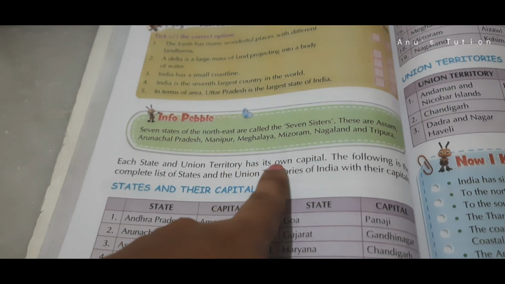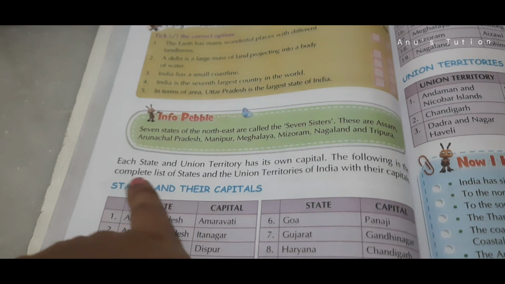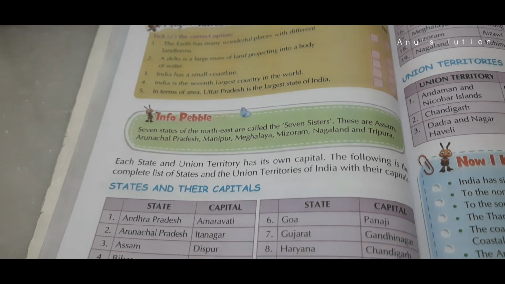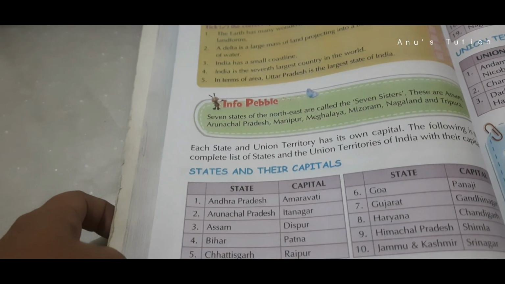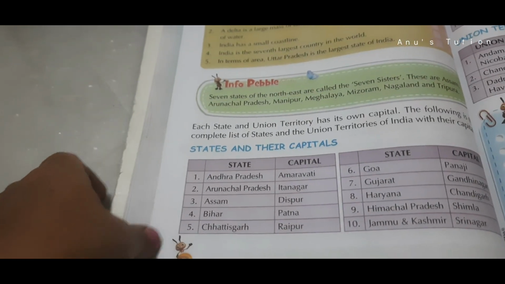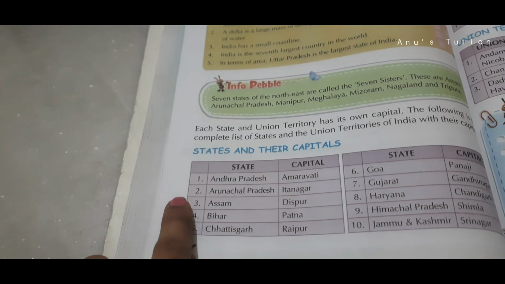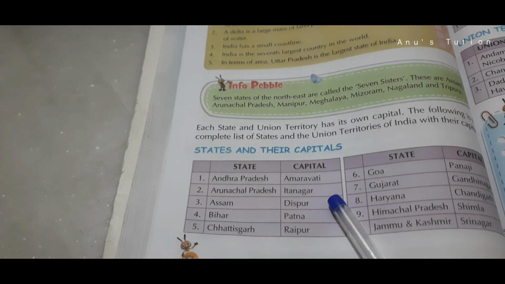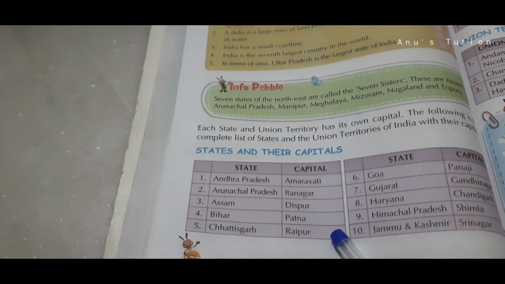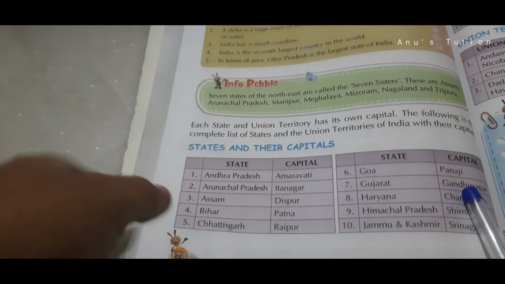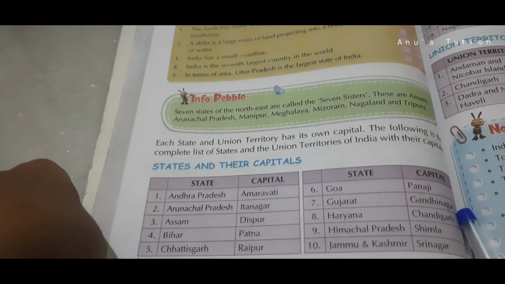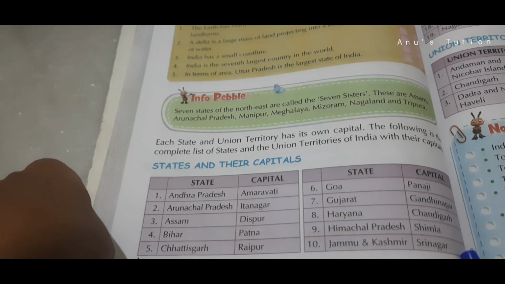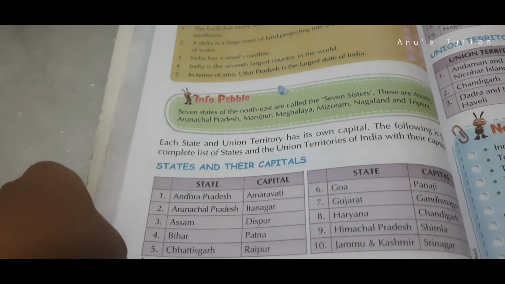Each state and union territory has its own capital. The following is the complete list of states and union territories of India with their capitals. Here is the list of states and their capitals. Andhra Pradesh, Amaravati; Arunachal Pradesh, Itanagar; Assam, Dispur; Bihar, Patna; Chhattisgarh, Raipur; Goa, Panaji; Gujarat, Gandhinagar; Haryana, Chandigarh; Himachal Pradesh, Shimla; Jammu and Kashmir, Srinagar;